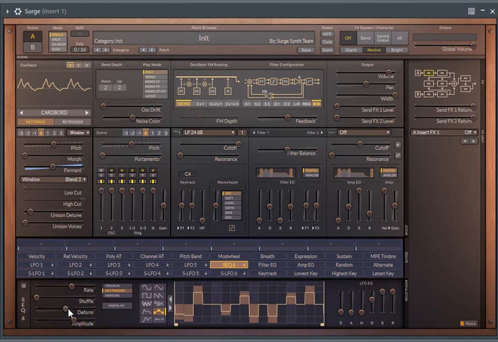Watch what happens to the sound. And if we don't want 16 steps, we could shorten it like this. In addition, we have